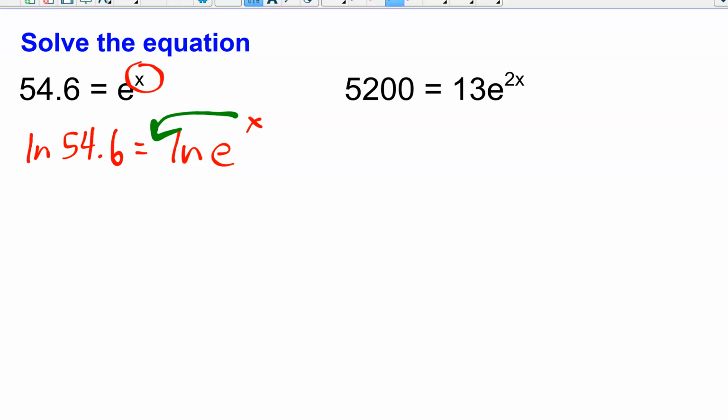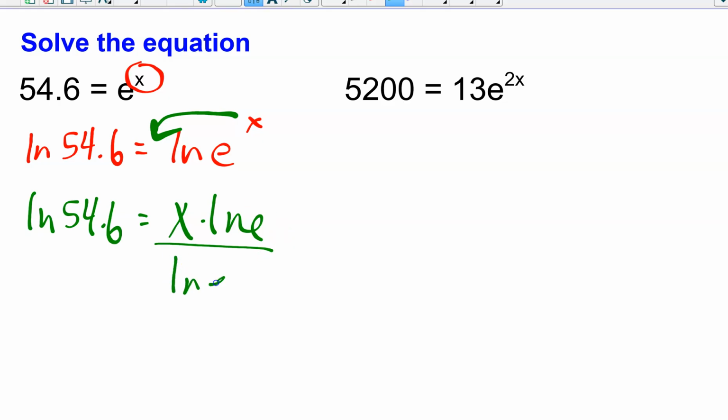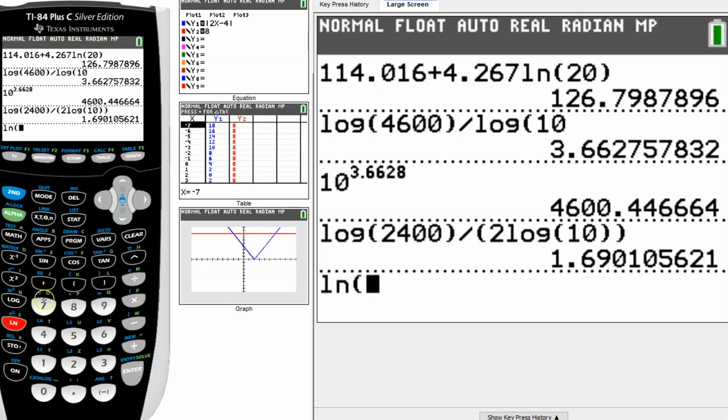And then I can bring that down in front to get the natural log of 54.6. It's just a number. I don't care what it is right now. But if you remember the shortcut, the natural log of e is just 1. But let's say you didn't know that, then you would divide by the natural log of e. So I have the natural log of 54.6 divided by, oops, I need to end parenthesis that, the natural log of e, and e ends up to be,